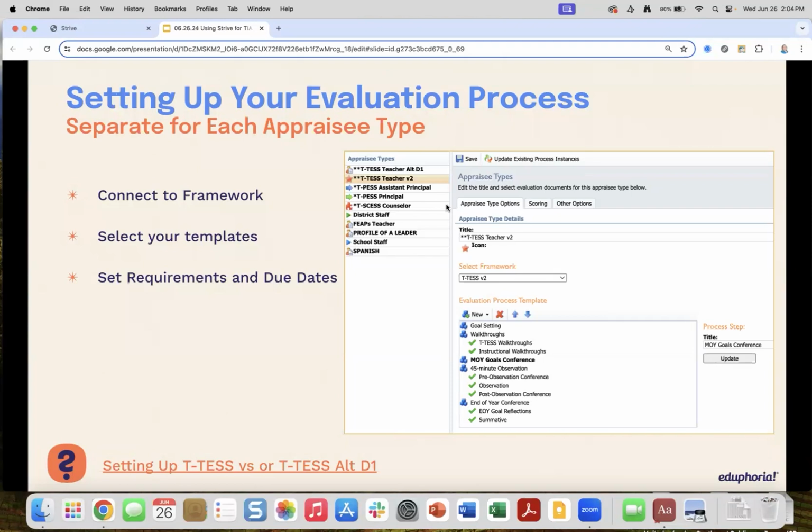So you want to make sure you have the framework connected, you make sure you have those right documents connected. And not only that, you want to make sure you're updating those due dates and your requirements if you want to make changes to that. So if you are not setting due dates in your evaluation process, this is a perfect example of how this will impact the